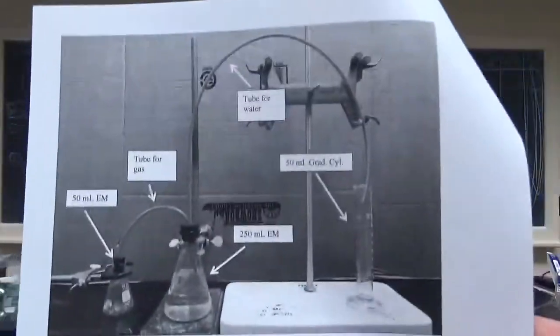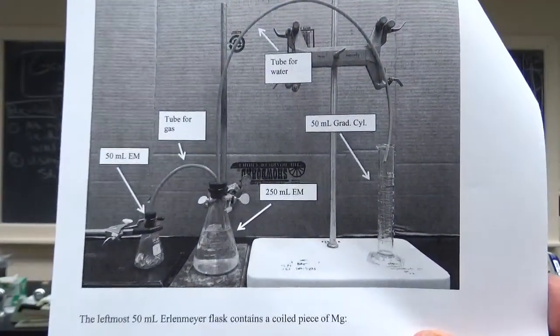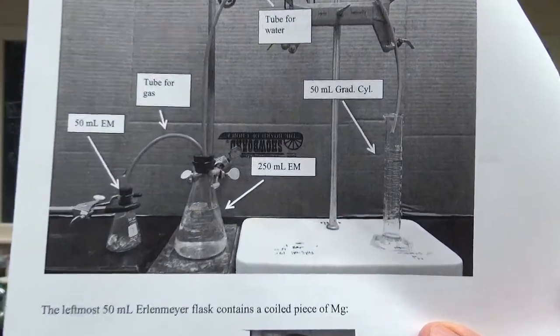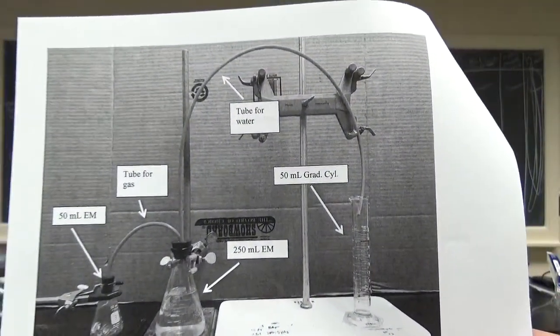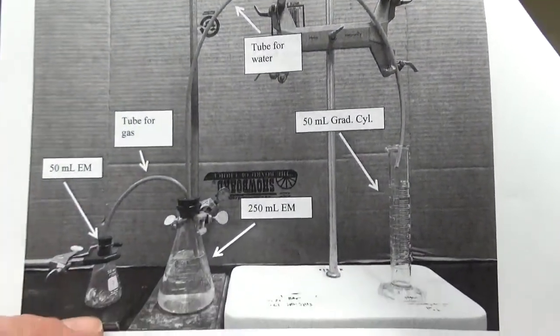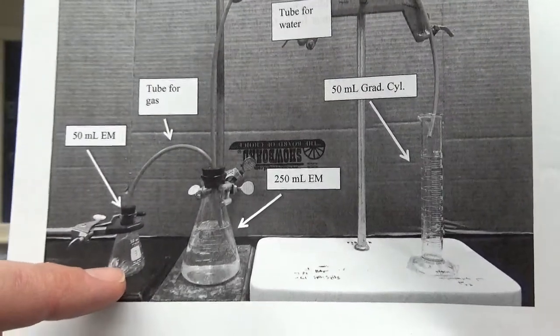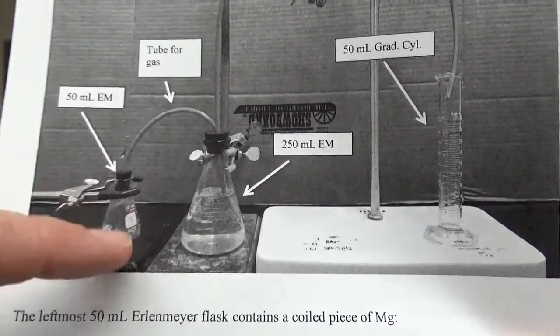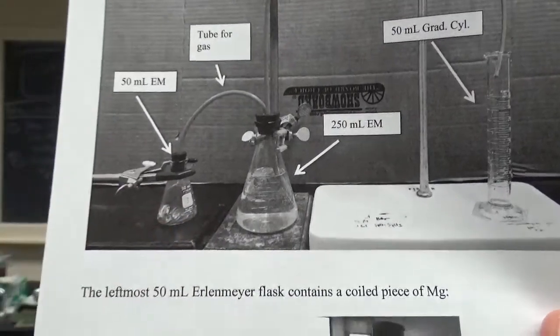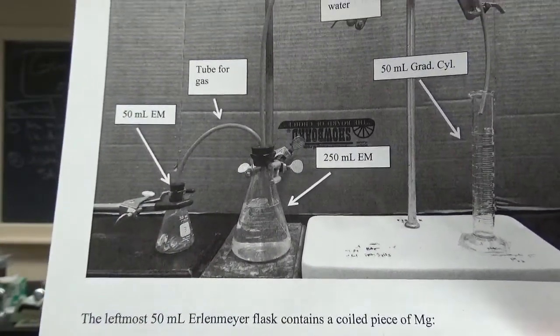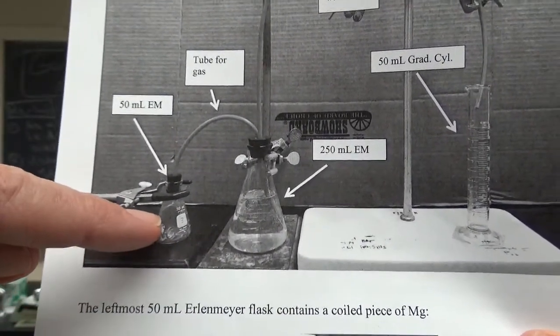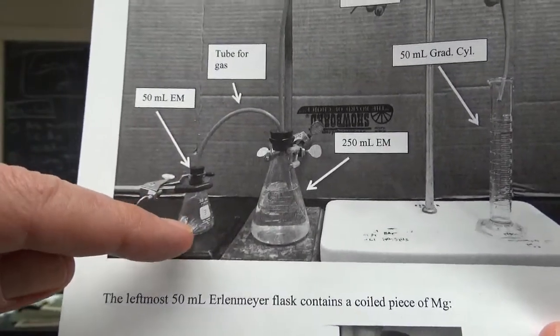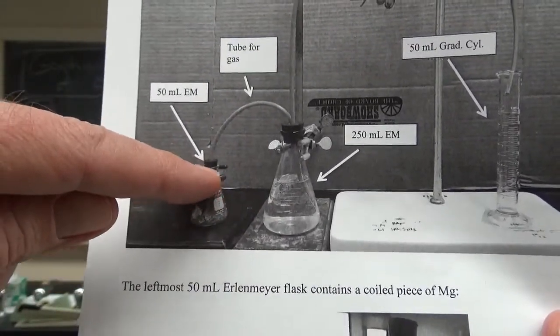This is pretty straightforward. So you're going to have a bunch of magnesium down here. You have way more than you need, so magnesium is way in excess. And what you end up doing, this is super easy, is you pour the HCl solution from the beaker in here and it starts making hydrogen right away. So you cap it and then